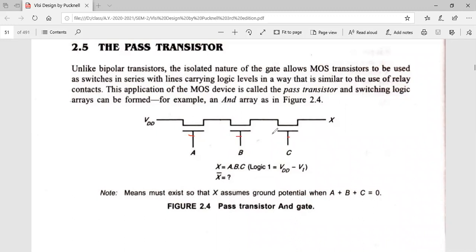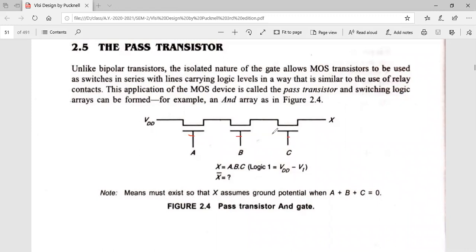The gate is isolated from the source and the drain. Gate material is made with polycrystalline silicon. This type of structure allows us to act as a switch. We can connect, and the concept of this MOS transistor acting as a switch will be helpful